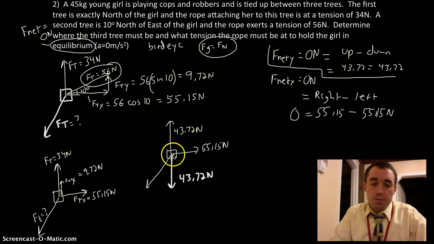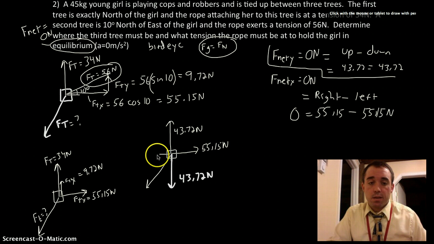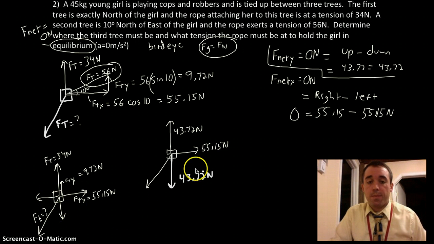So we need a leftward force, which is going to be here, all the way there. But I'm not going to draw it here because I'm trying to figure out what this triangle is. On the free body diagram I would draw these like that. But since I'm not working on an actual free body diagram, I want to draw tip to tail 55.15